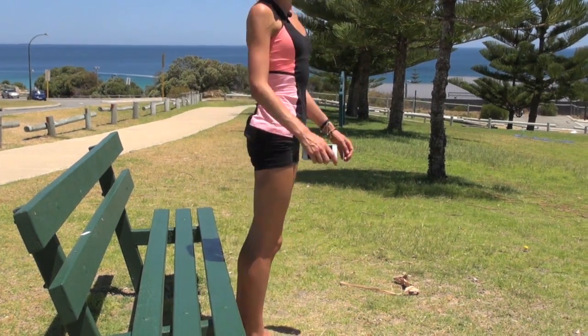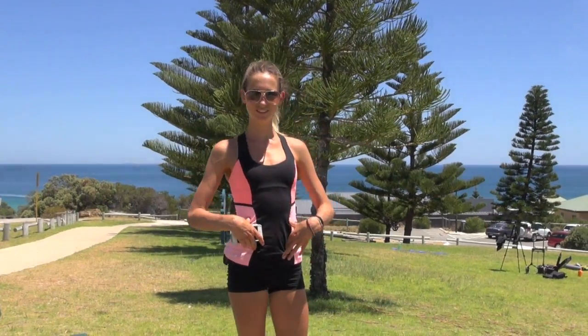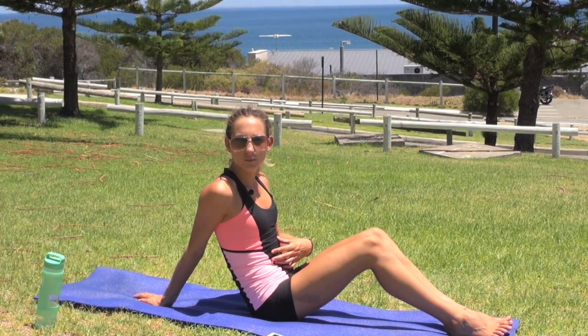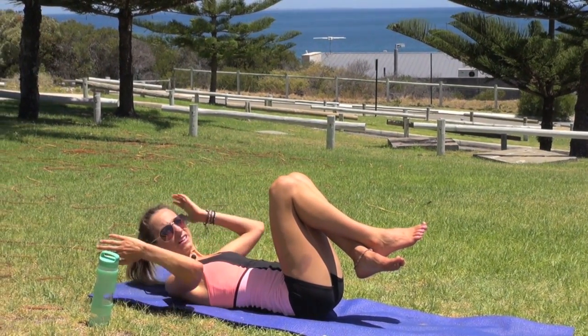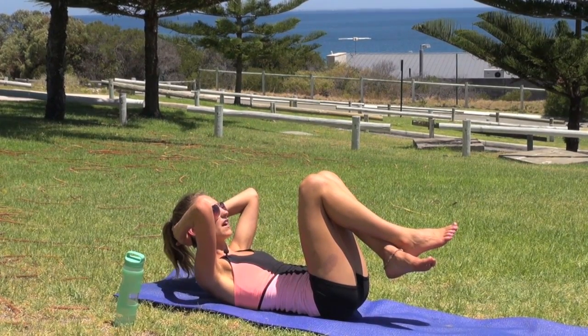We're just about finished. We've got one more set and we're going to be working on our core. Our last set for today is working on our core. So we're going to be doing a combination of crunches and extensions. So our feet are going to be up in the air. We're going to interlace our fingers behind our head and just coming up, bringing our shoulders off the ground and